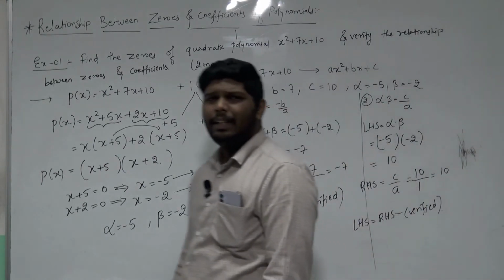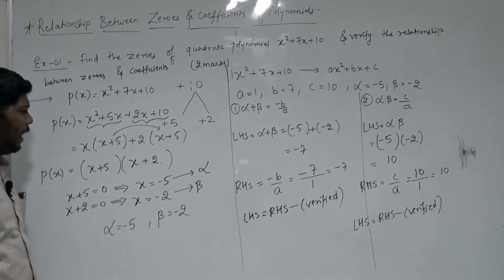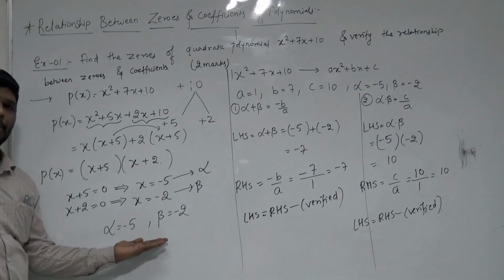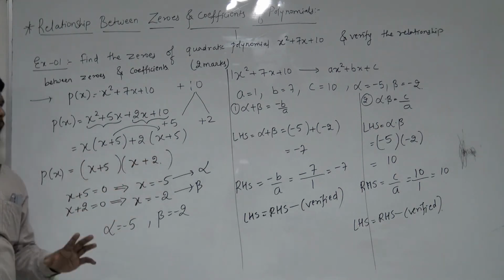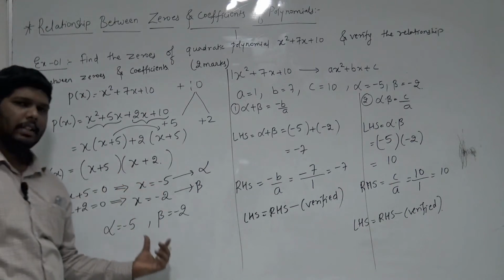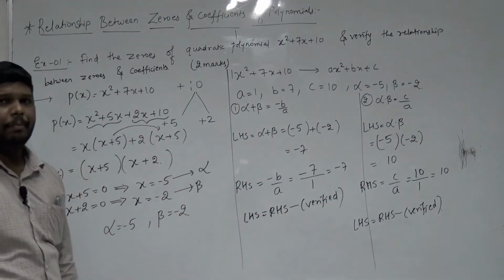Okay, so I guess it is a very easy example, right? Only step by step you have to do, and in this you have to make sure that whatever you are taking common, that has to be 100% correct, right? If you get the value of zeros correct, the remaining part is very easy. Okay, now let us take the